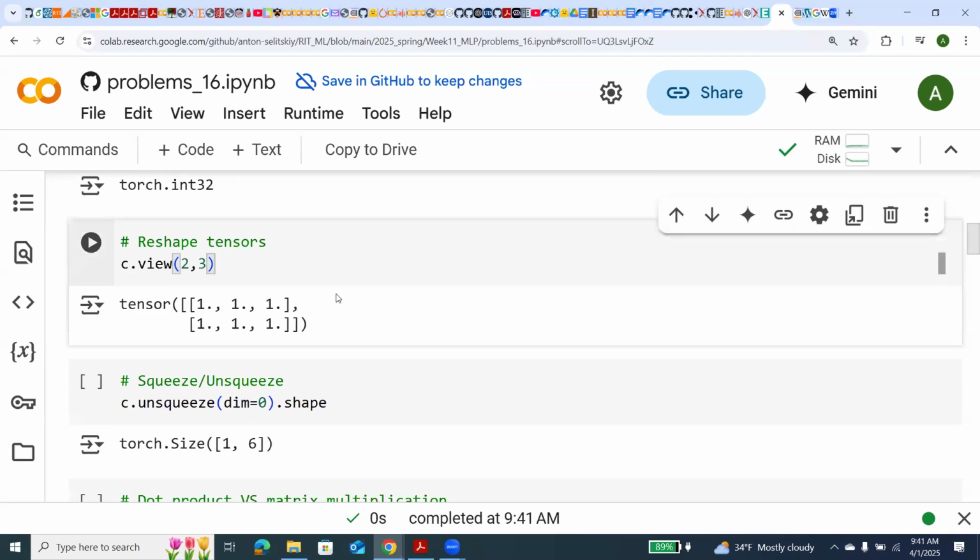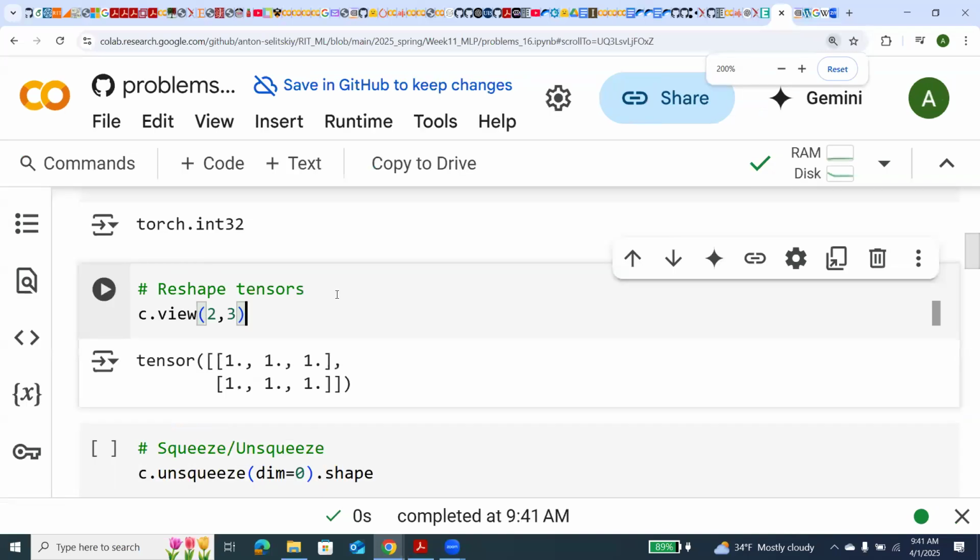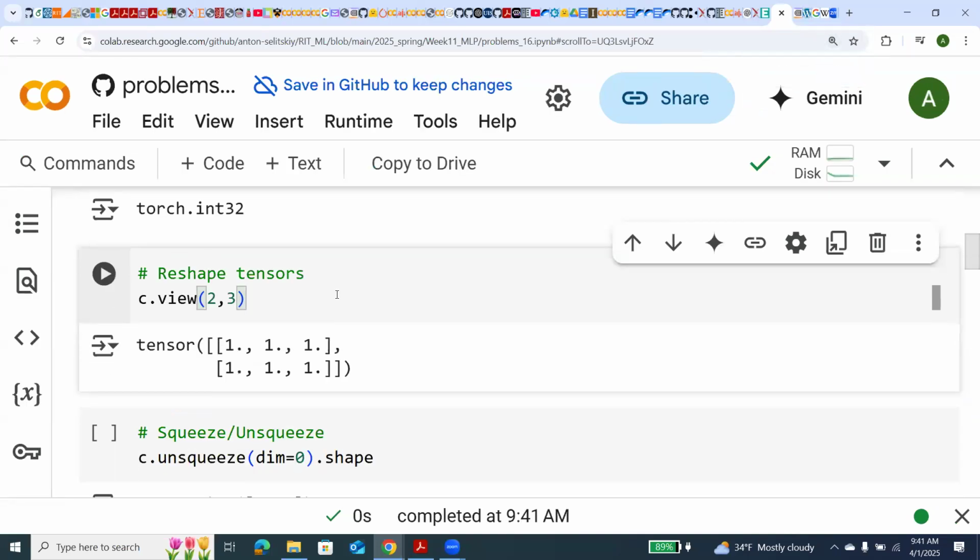Another difference from NumPy is the method view. It does exactly the same as reshape, but it makes this in place. It makes it more efficient. So, for example,